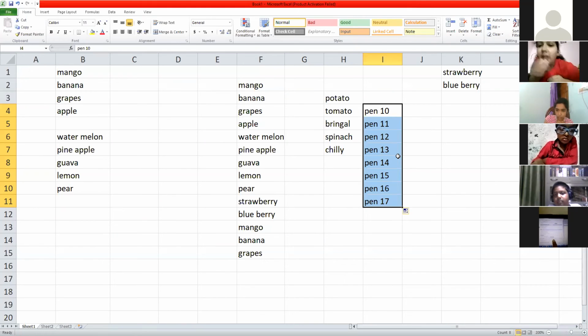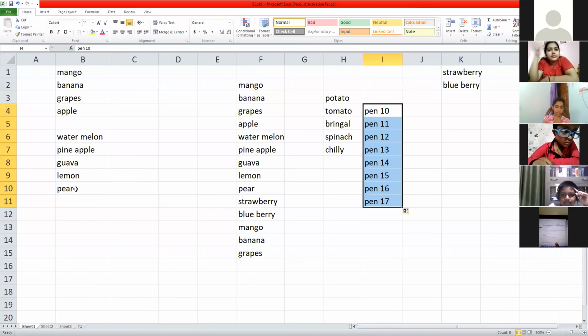Miss, the whole list we can delete at once only. If you want to just delete any item from it, you can edit that list. Just suppose I don't want pear at the end of this list.